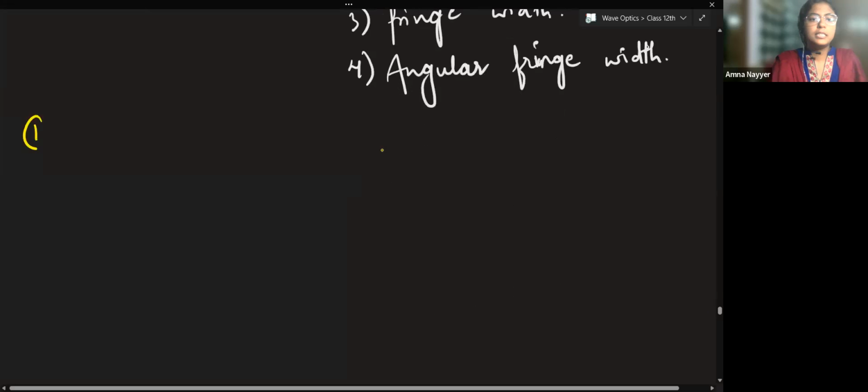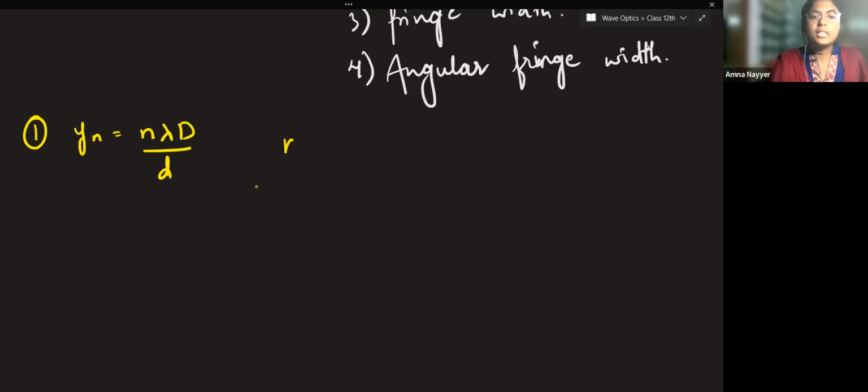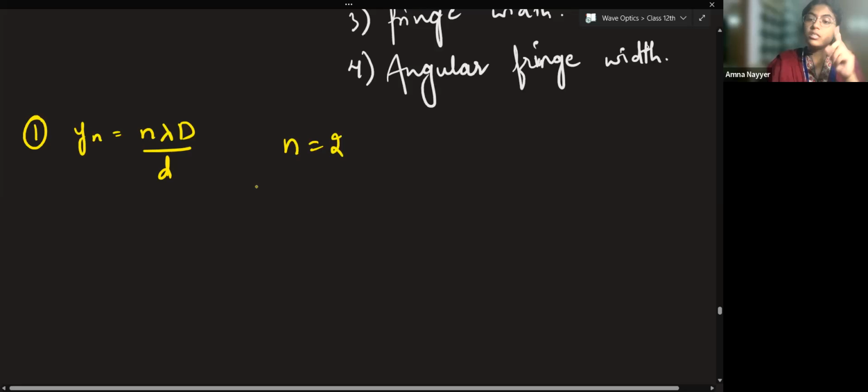So first part, Yn is equal to N lambda capital D by small d. And what is N given? N is given to you as second. And why this equation? Because bright fringe. So second bright fringe is linear separation. Also, before I write this,